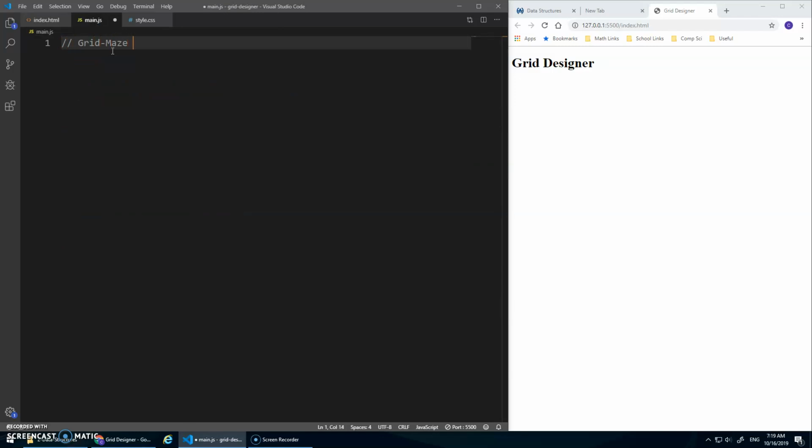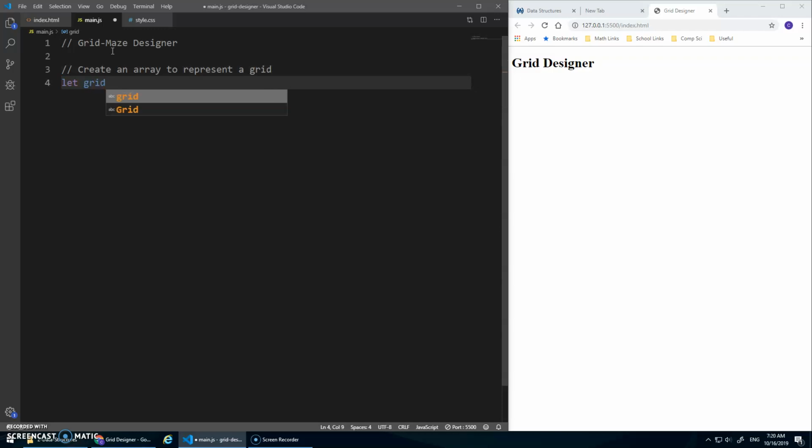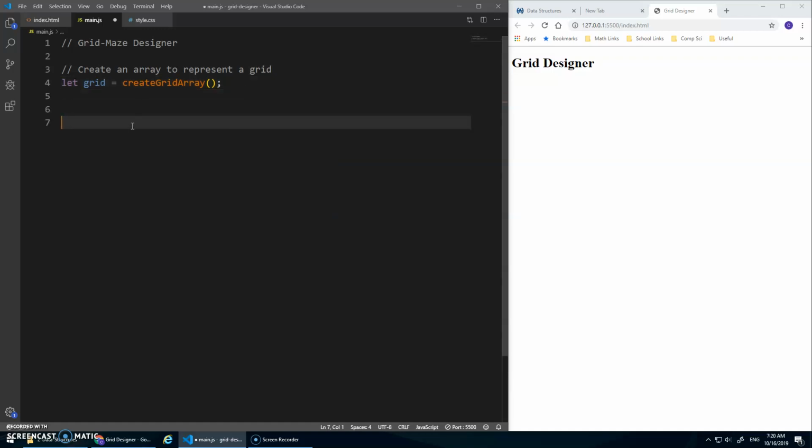Grid, maze designer. Okay, step number 1, what do I want to do? Let's create an array to represent a grid. So let grid be assigned, and let's call a function create grid array, like that. And do I want a separate file? Well, we'll see. Let's just define the function here, create grid array, like so, and this will create and return